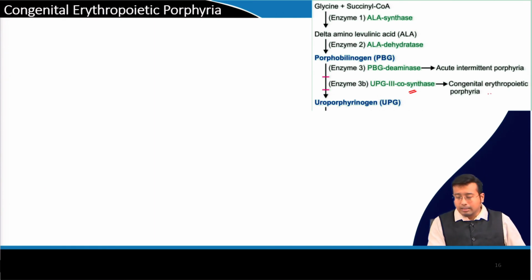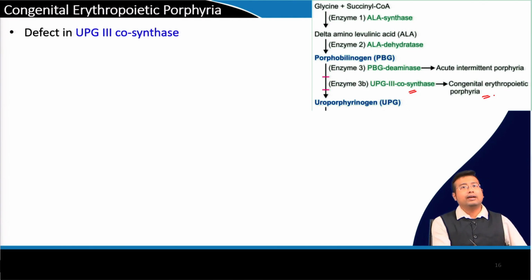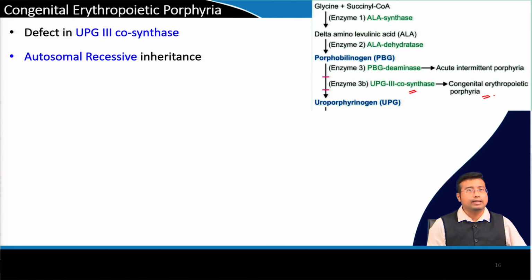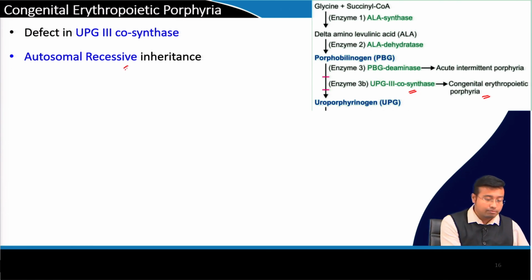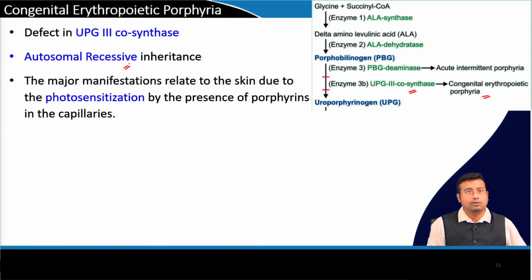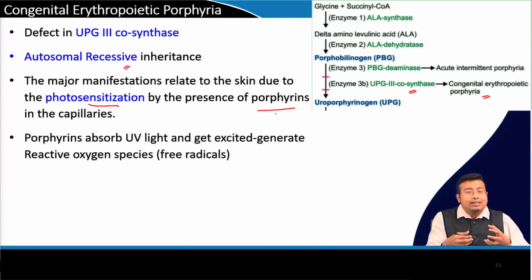is congenital erythropoietic porphyria. So, what is happening in that? Defect in uroporphyrinogen 3 co-synthase, inherited in autosomal recessive fashion, a very important MCQ exception. Photosensitivity is a major manifestation. Due to presence of porphyrins, the intermediates get converted to porphyrins in the capillaries. These porphyrins actually absorb ultraviolet light and get excited and generate free radicals or reactive oxygen species, which